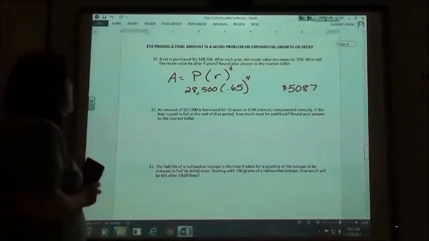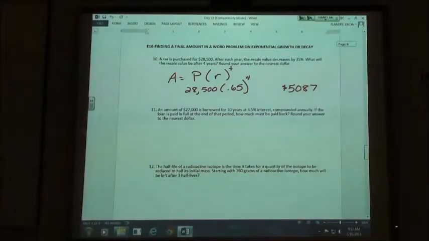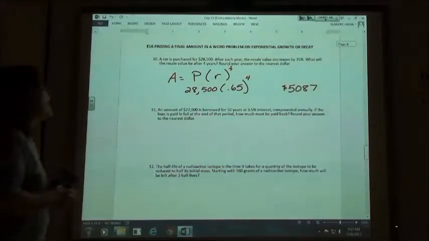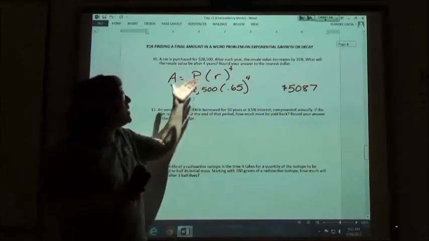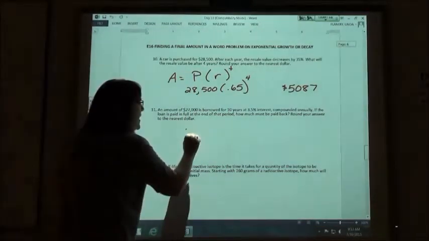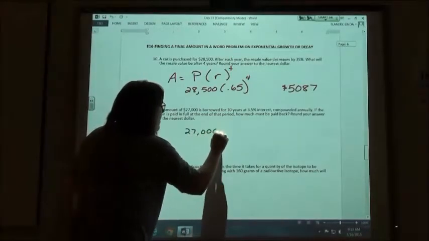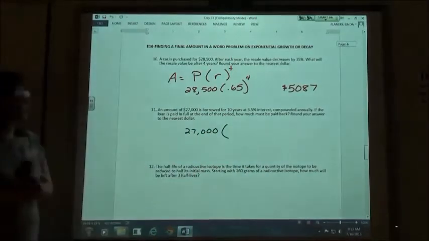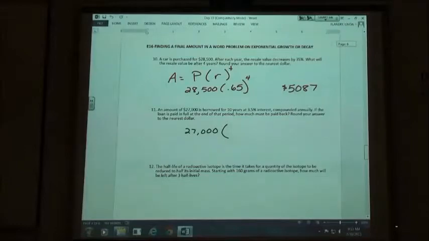Number 11, it says an amount of $27,000 is borrowed for 10 years at 3.5% interest compounded annually. If the loan is paid in full at the end of that period, how much must be paid back? Since this is compounded annually, we don't have to use the compound interest formula. We're basically just using the same formula. And so we're saying $27,000. But we have to be careful on our interest,